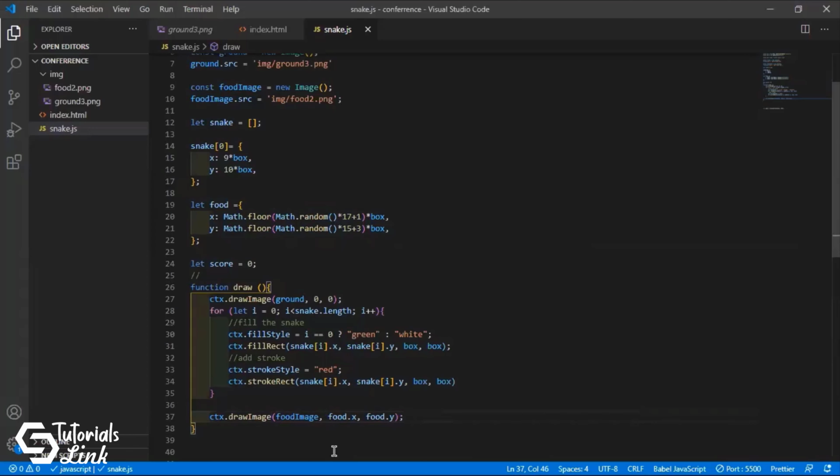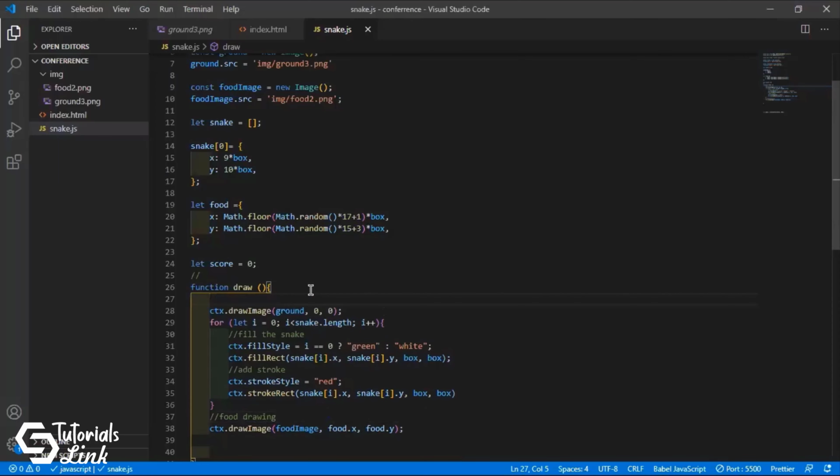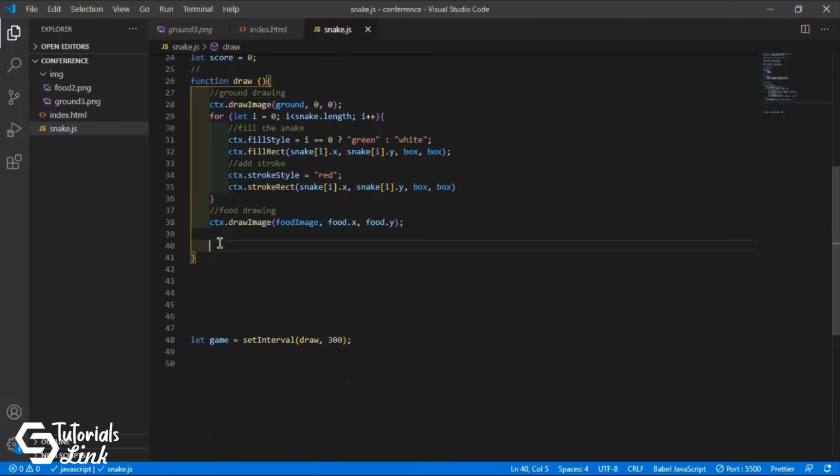So the food is there now. Now let's get the score. This is the food drawing, this is the ground drawing, and now this will be the score drawing. Score drawing will be similar.